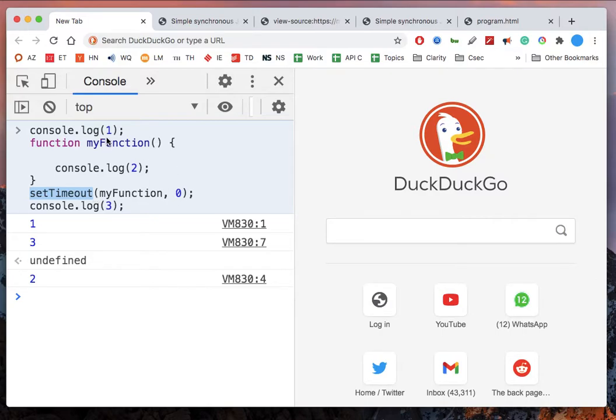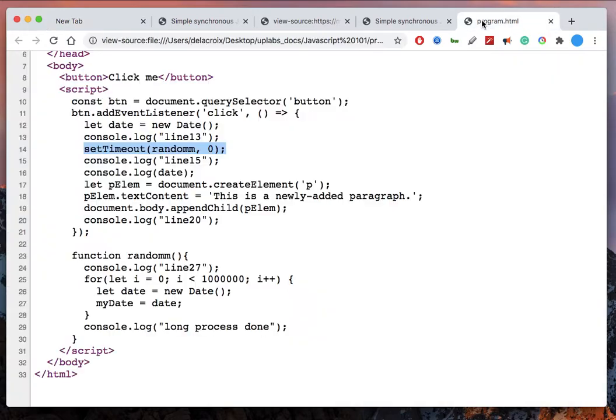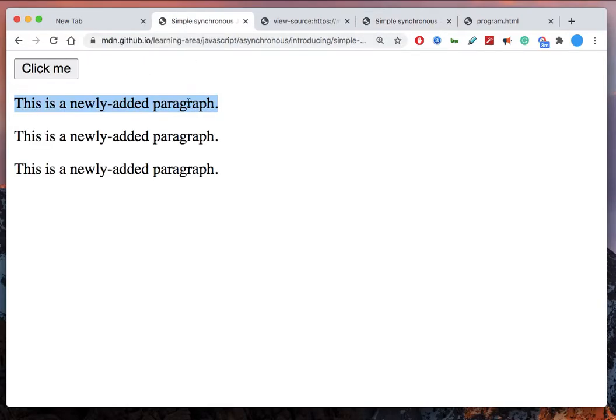Here time is 0, so it prints 1 3 and then 2, instantly. In the earlier example we saw 3 seconds, it took some time, right? So here that's what I have done. I put it on a queue and I put the time as 0. What I want is everything should be printed instantly, and then this function should be run. Okay, let's see if that helps. You can see instantly I got the result. I don't have to wait like before. So this is the power of JavaScript.